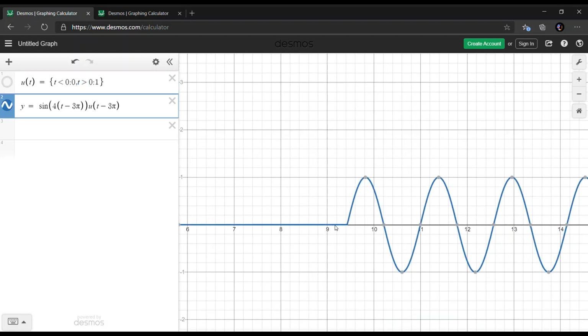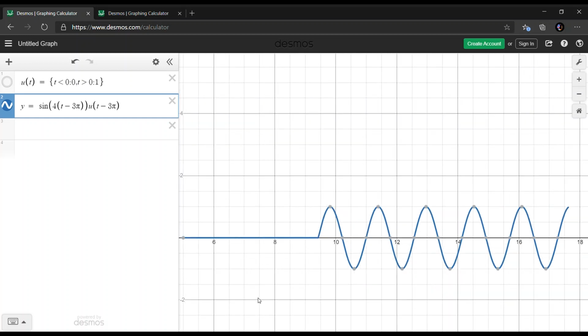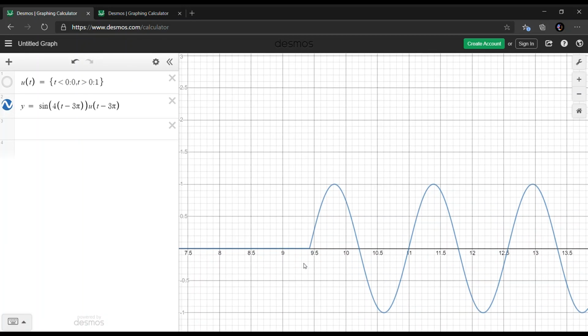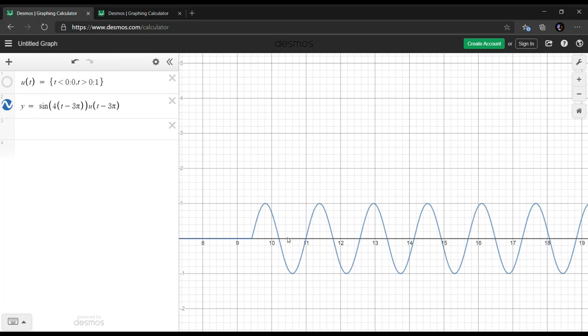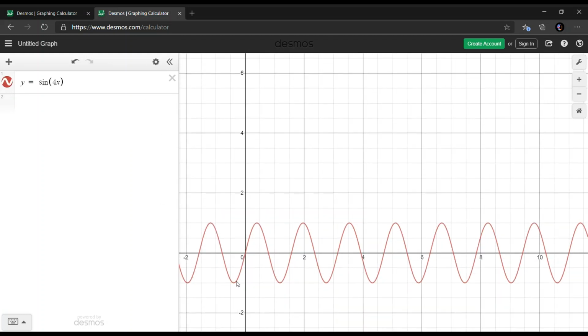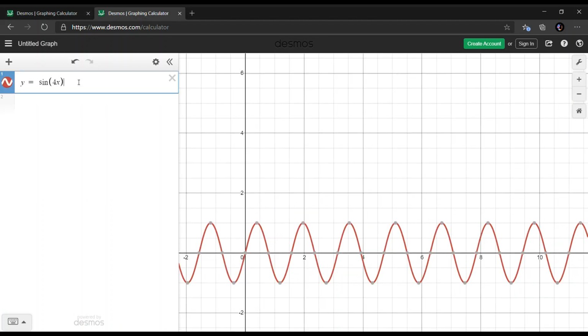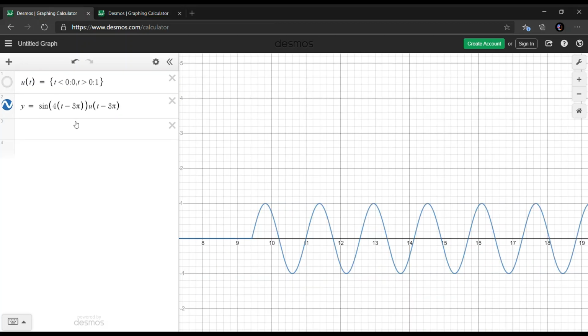As we can clearly see here, exactly till t is equal to 3 pi, it's 0. From t equal to 3 pi, a sinusoidal wave starts. This sine wave is exactly like y equals sine 4x, but it starts from t equal to 3 pi. That's the only difference. So let's just copy and paste it here.